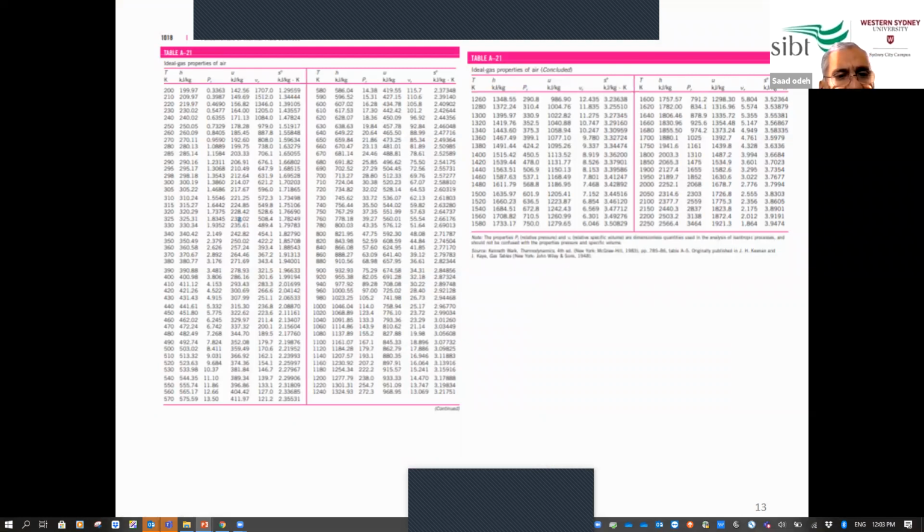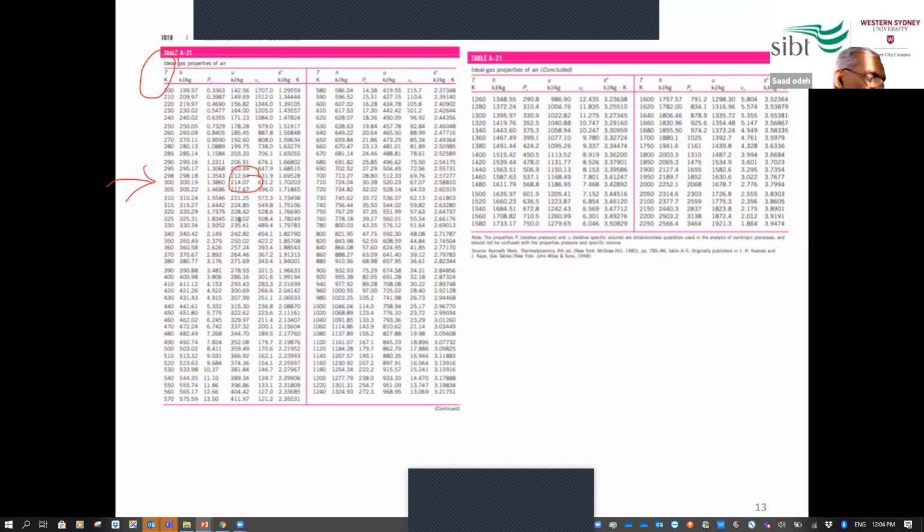So if you go down the first column, this is for ideal gas properties of air, down to temperature 300, which will be at this point here, at this temperature you can find the U value, which is 214. And then